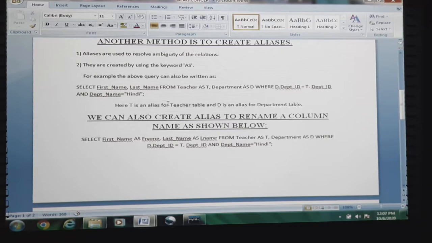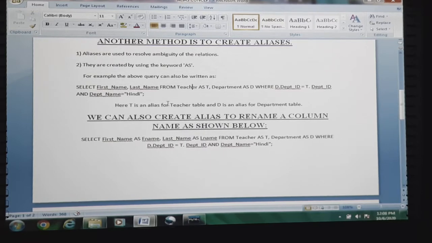Using AS, we are specifying a short name for the teacher relation as well as for the department relation. And whenever there is a need for establishing connectivity or performing joins, simply that abbreviated form of the relation followed by a period and then the attribute should be matched with the abbreviated form of the second relation followed by a period and the attribute by means of which the join operation is getting performed.